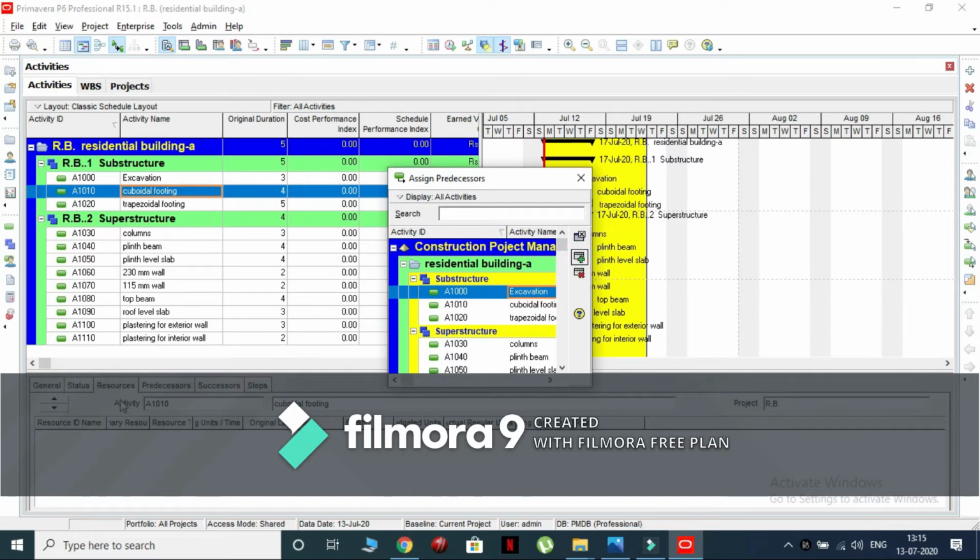Click on the predecessors option in the details window to check whether the predecessor is added or not. Select the relation option as FS as shown. Similarly, assign the predecessors for the remaining activities.